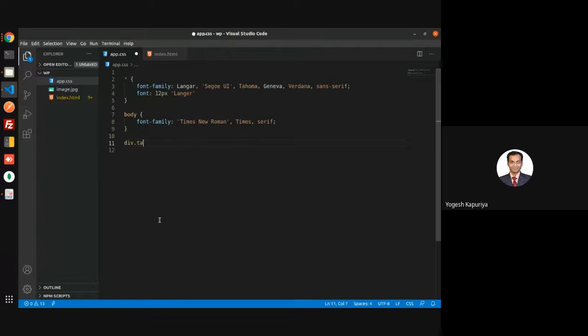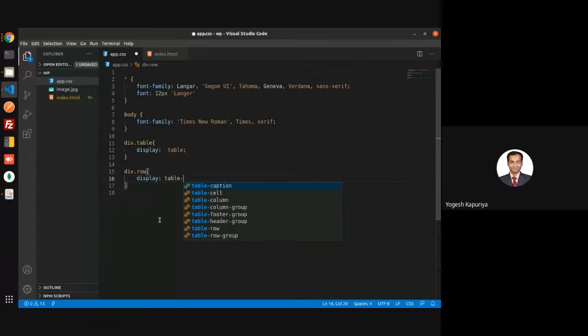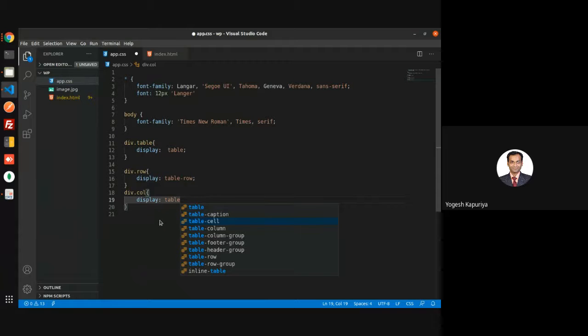So now I will create a class. Display is a table. Then display table row, and then display table cell, I think.